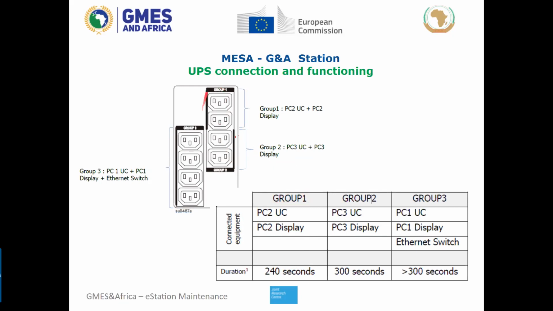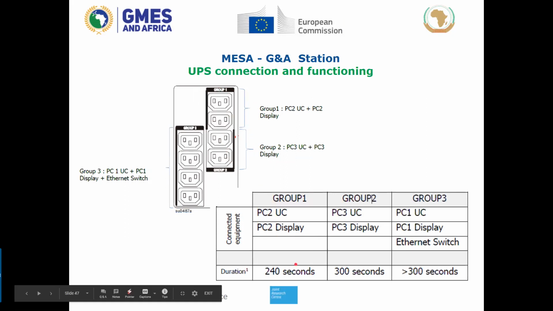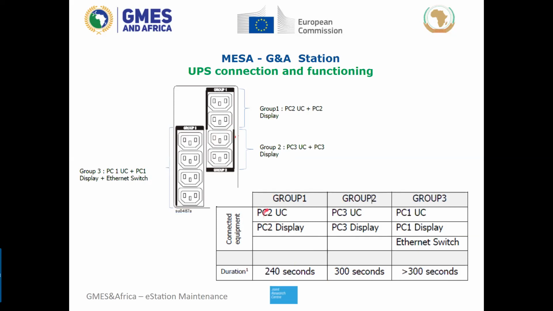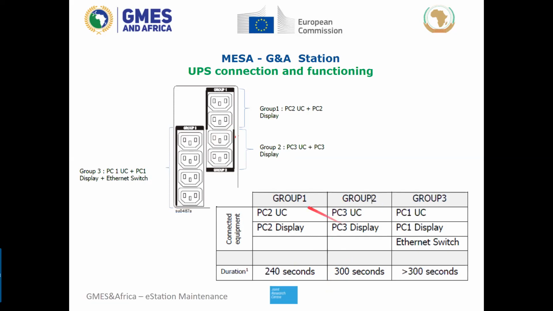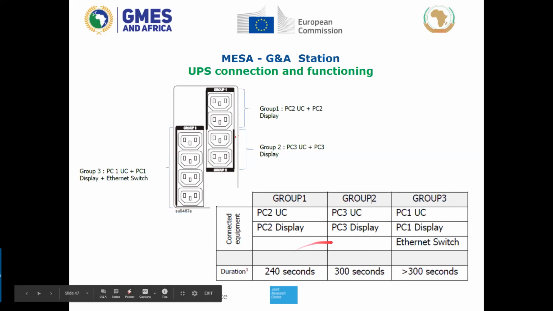That is the PC2 CPU and monitor. Then after 300 seconds, it also shuts down the PC3 display and the CPU. This part is configured in order to shut down